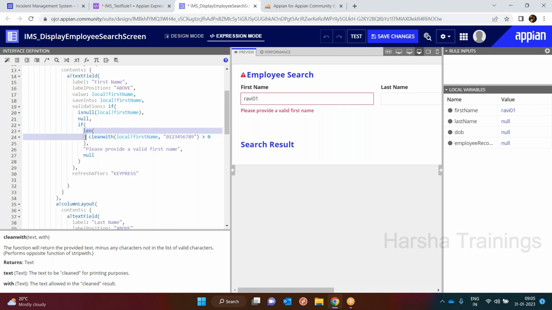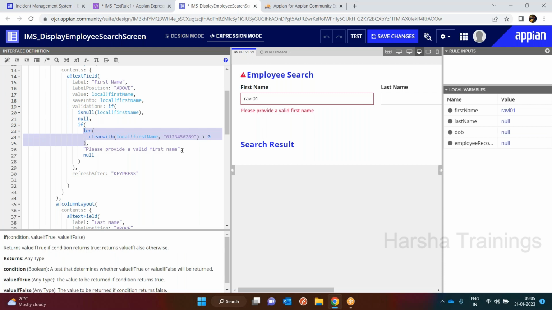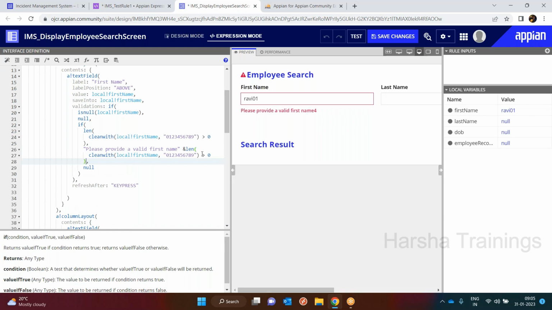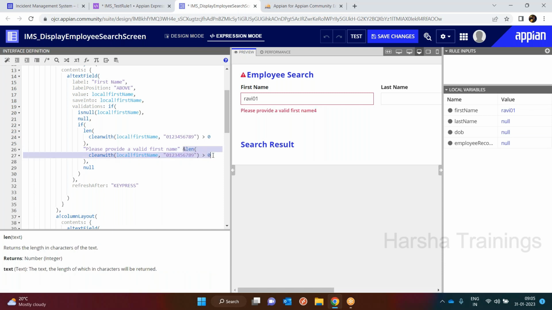Okay, let me just do this thing. I'll add the ampersand. It is saying 4. How come it can say 4? I think earlier it was working fine. Just remove that refresh after key pass and then see if it's... No, the refresh after is not an issue. It says that it is returning 4. Why will it return 4? Because